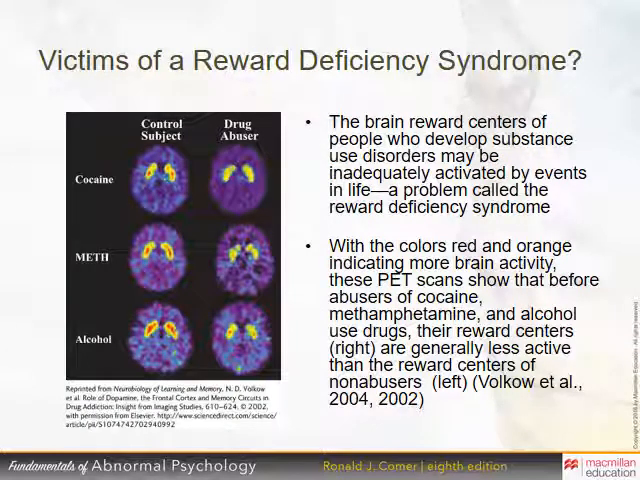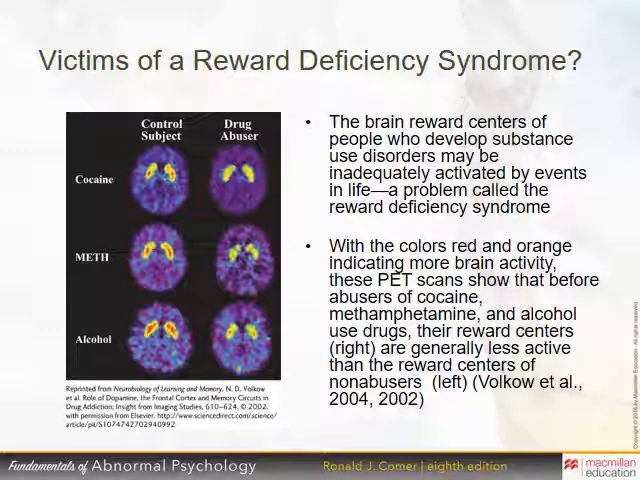A little more about reward deficiency syndrome. You can see to your left here brain scans from people who were using cocaine, meth, or alcohol, and we've got a comparison for each one: someone who's used, someone who hasn't. The brain reward centers of people who develop substance use disorders may be inadequately activated by events in life. A problem called the reward deficiency syndrome, meaning you haven't had things that are satisfying or pleasing